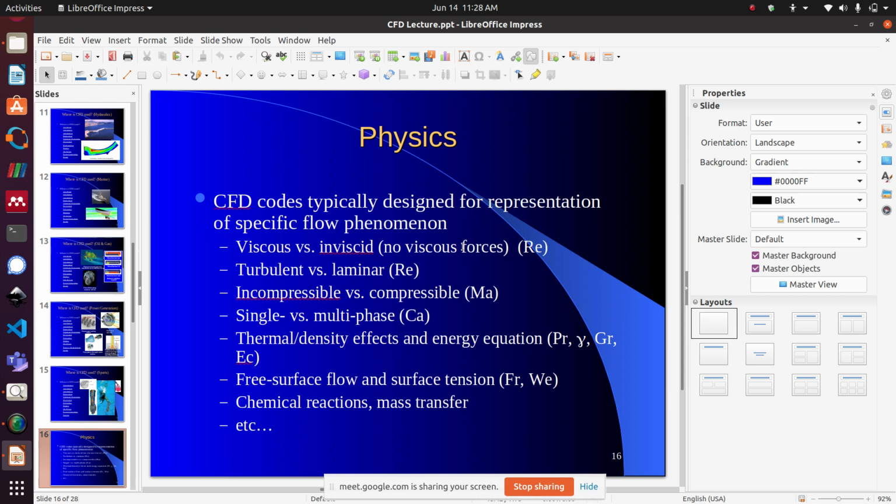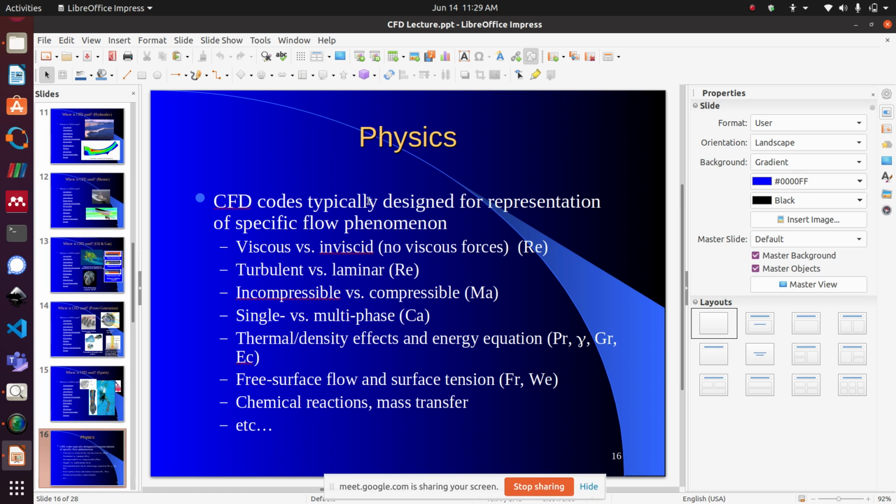Viscosity, right? Yes, viscosity. For inviscid flow, viscosity must not be there. Viscous flow should have a value, but in reality all flows are viscous, and in certain cases we will assume that flow is inviscid to simplify the flow problem.